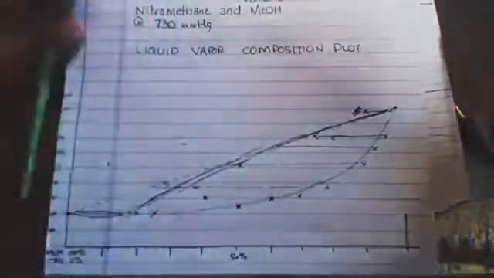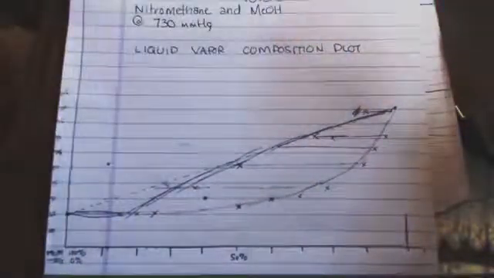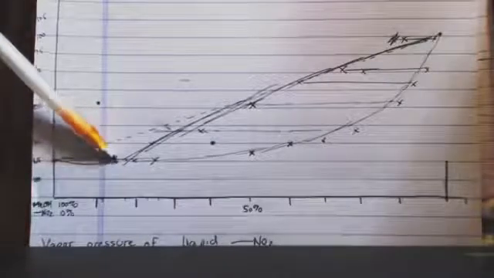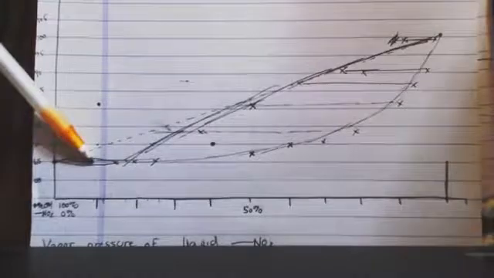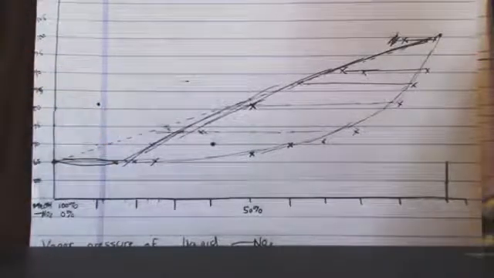So you can see how it always moves. If you're on this side, it moves towards the azeotrope, and if it's on this side, it moves towards the azeotrope. It always goes towards the azeotrope. Anyways, I did mess up here because this should be moved over to here. Okay, so this point is where your azeotrope is, right? All right. Now